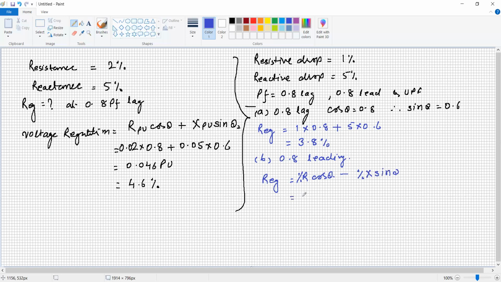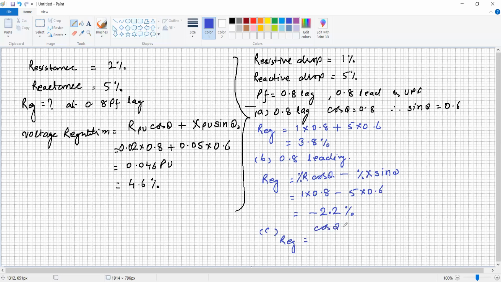So it is 1 into 0.8 minus 5 into 0.6, because the power factor is the same, 0.8. So the regulation is minus 2.2%. Whereas at unity power factor, regulation is equal to...